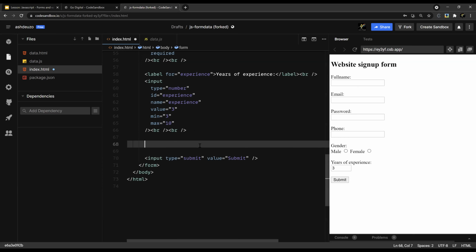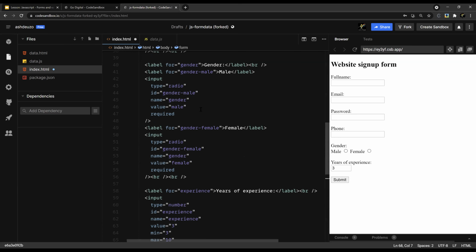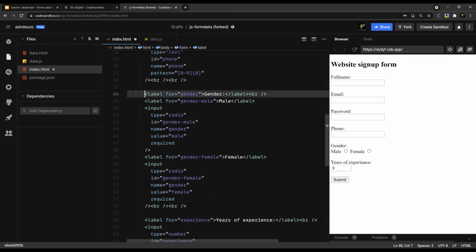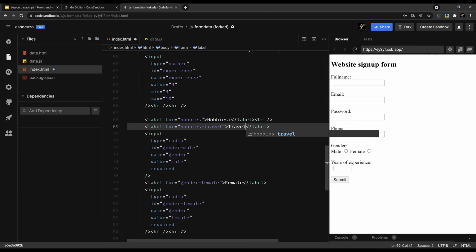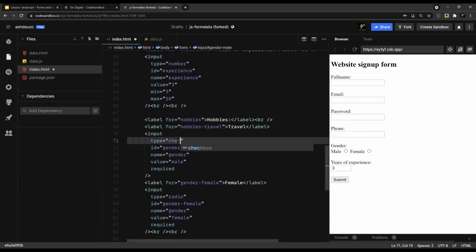So let's do that. Fundamentally, how it's written will be fairly similar to the radio input, so we'll copy it from there and change it. Let's say we want people to give us their hobbies. We may like to travel. We'll use not radio, but the checkbox type. The ID will be hobbies,